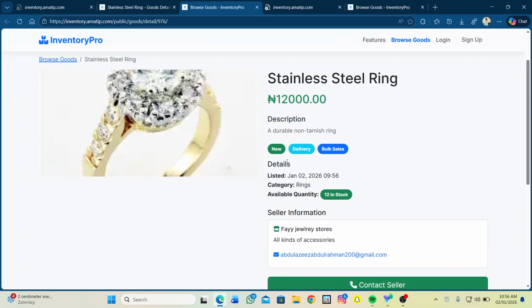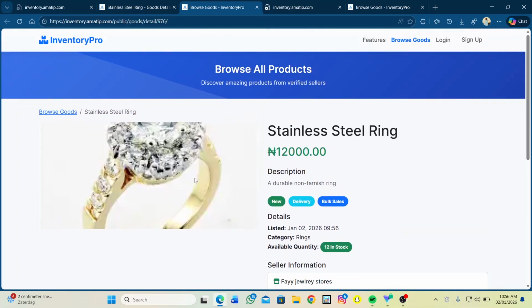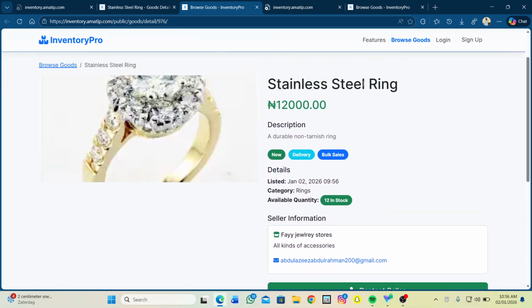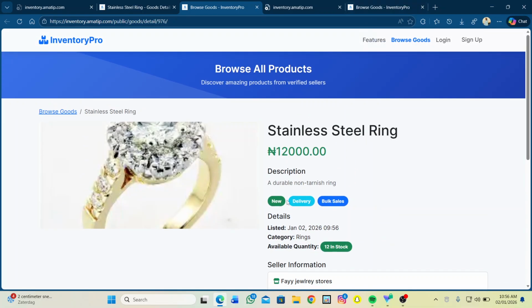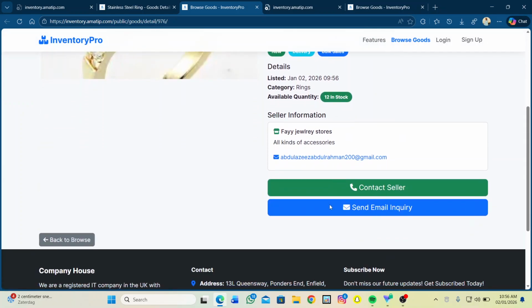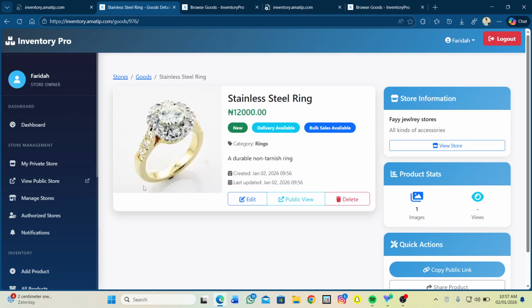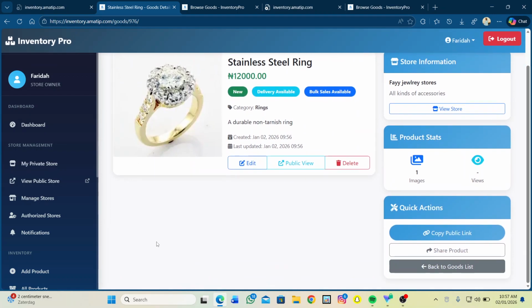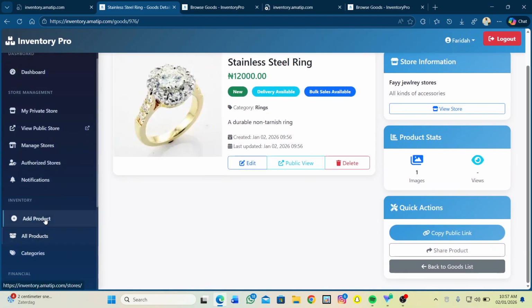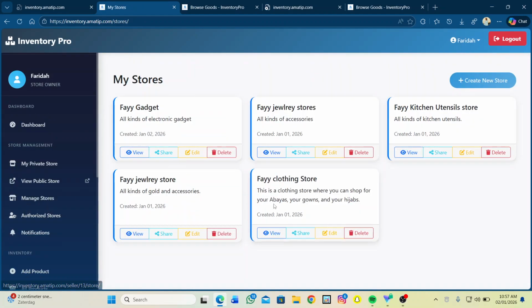This is how your consumers are going to view the products when they click on your link for your store: a stainless ring which was created, the amount, whether it's available for delivery, whether it's new, whether there is bulk delivery. So we are going to go back and create one more product under our store. You go back to the inventory, you click on add products,